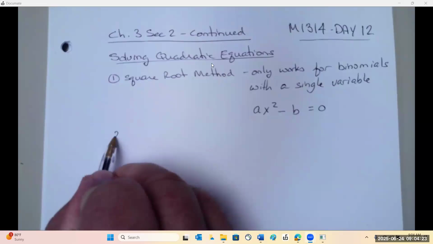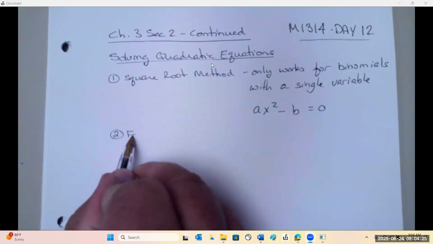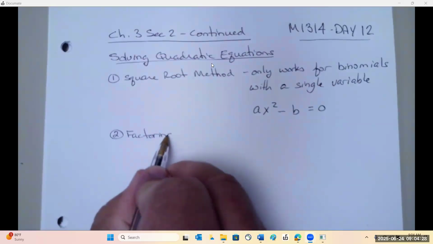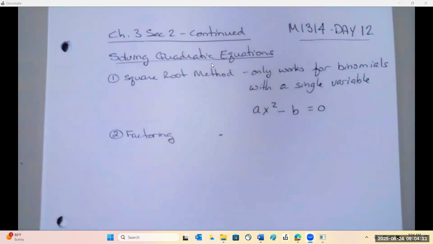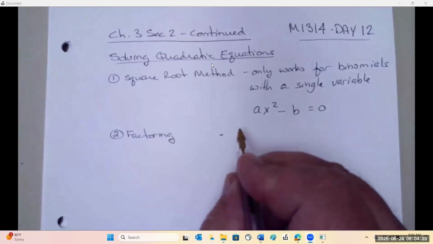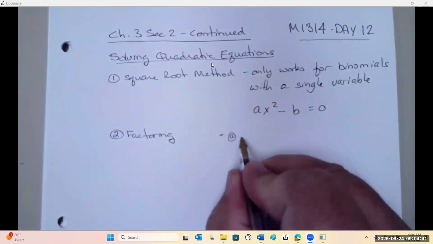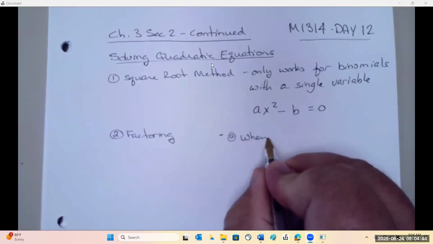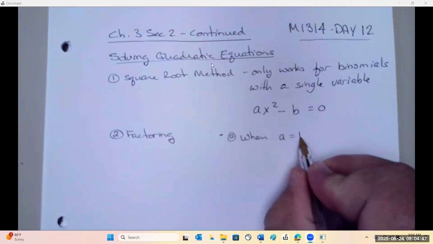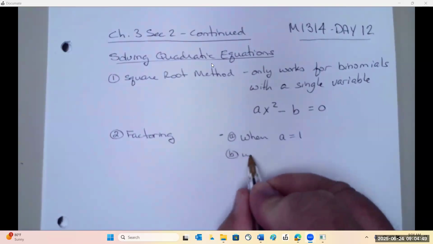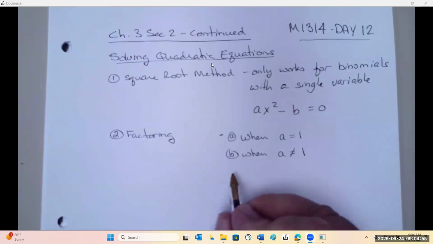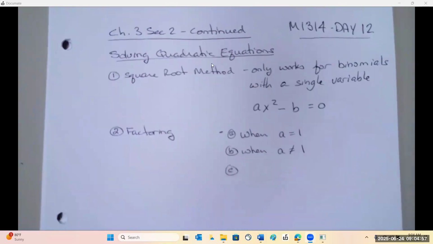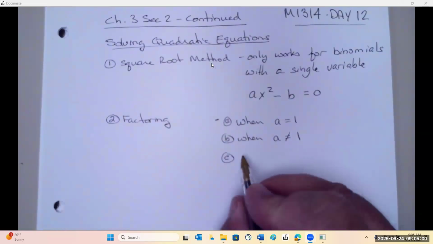The next thing we talked about was factoring. Actually, come to think of it, there are three types of equations we can use for factoring. When a is equal to 1, when a is not equal to 1. The third one we didn't talk about yesterday, but does exist, is